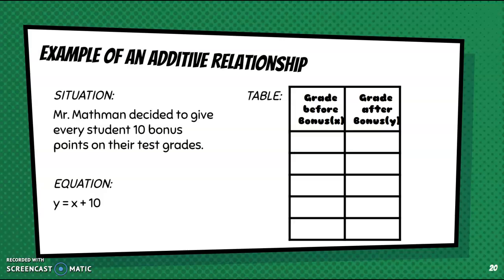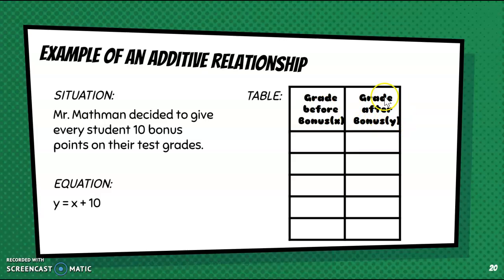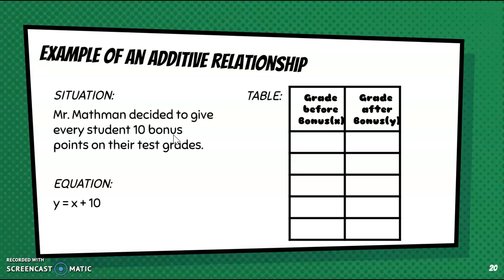Now let's take a look at an example of an additive relationship. Mr. Mathman decided to give every student 10 bonus points on their test grades. So our equation would be y equals x plus 10. So x would stand for the grade before the bonus, y would stand for the grade after the bonus. Now the reason we're doing plus 10 is because he's giving every student 10 bonus points, so an additional 10